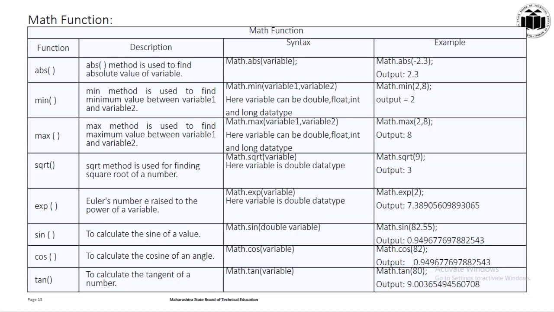Next one is sqrt, that is square root. This method is used for finding the square root of a given number. Here sqrt of 9 returns 3 as output. Next one is exp, that is Euler's number e raised to the power of a variable. Here exp of 2 is 7.389. Next method is sine, to calculate the sine of a value. In the example, sine of 82.55 is 0.94. Next method is cos, to calculate the cosine of an angle. Here I have used cos of 82, so the answer is 0.94. Later I have used the tan method. It is used to calculate the tangent of a number. Here in the example, tan of 80 is